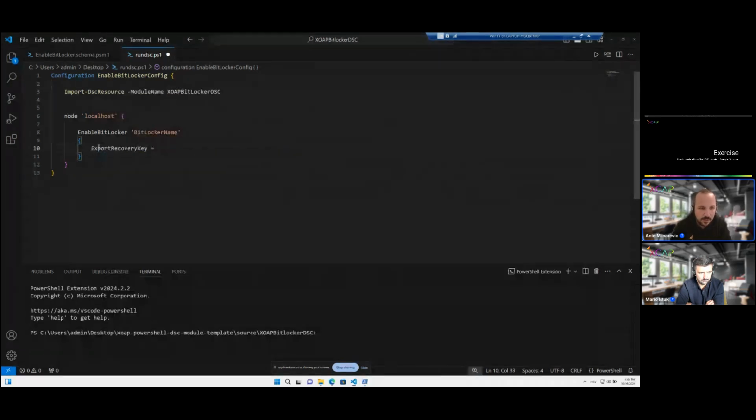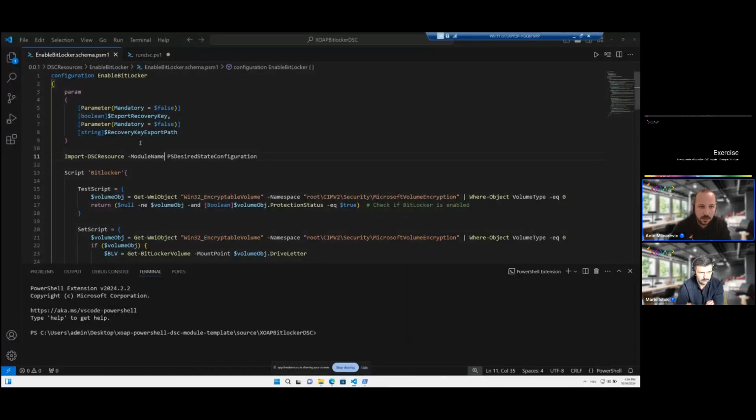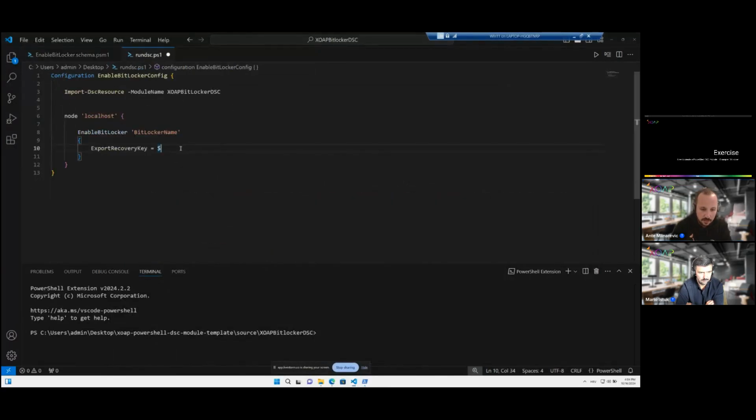So one will be export recovery key, and if you cannot see here, but you can see it over here, it is a Boolean. So we will provide true. And the second one is recovery key export path. I have here the E drive, so I'm going to use that one. And basically, this is the whole configuration